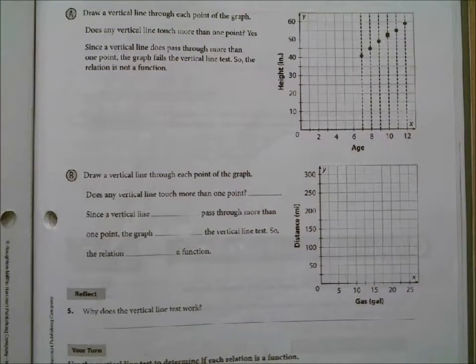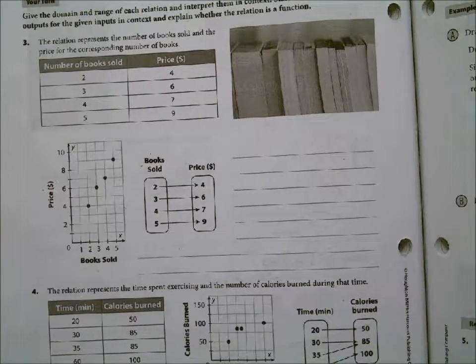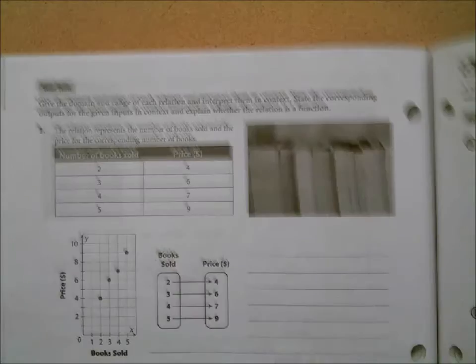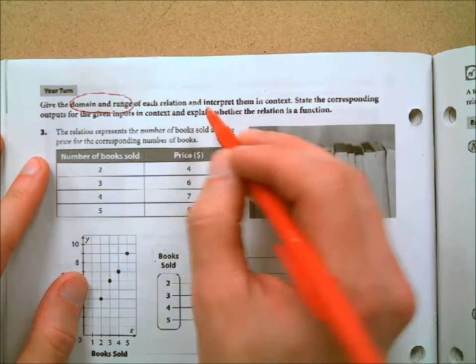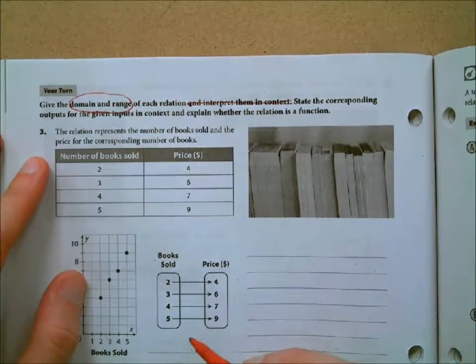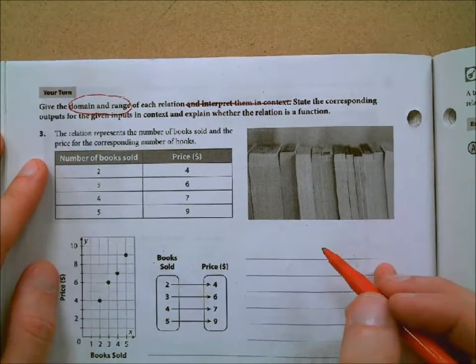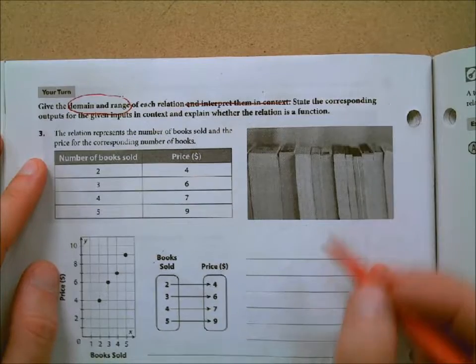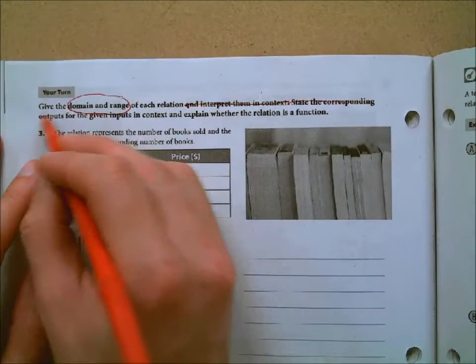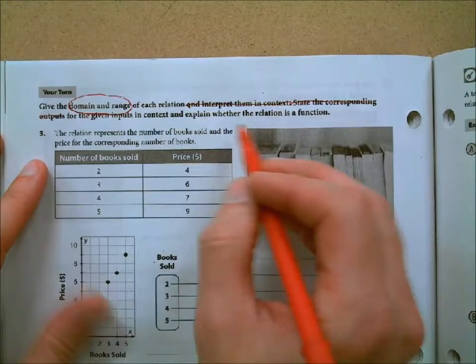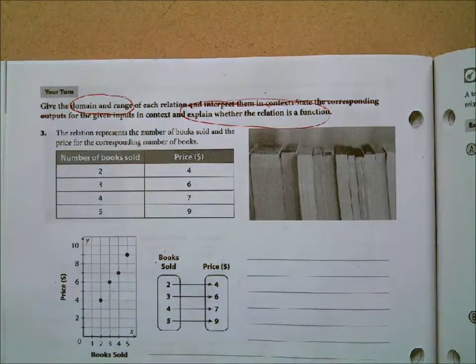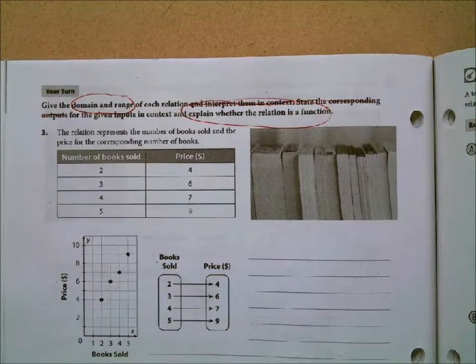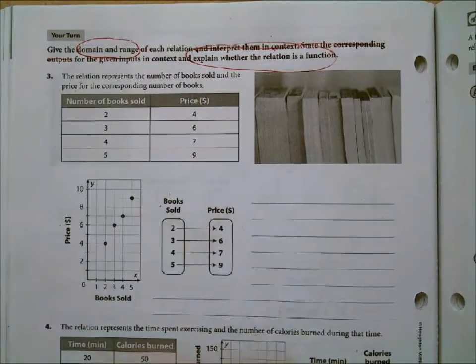But just for some practice, I'd like you guys to go ahead and do number 3 here. Here's what I want you to do. I want you to give the domain and the range. Don't do the interpret in context part. You can forget about that. And we can also forget about the state the corresponding outputs as well. So in other words, just give me the domain and range and then explain whether the relation is a function or not. Just do number 3. We'll make it very easy. So domain,